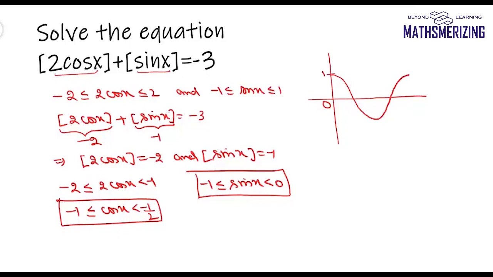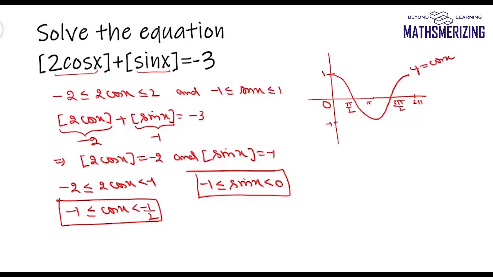This is 1. This is -1. This is pi by 2. It is pi. And this is 3 pi by 2 and it is 2 pi. So that is the graph of y equals cos x, and I'll need to find a region where the value